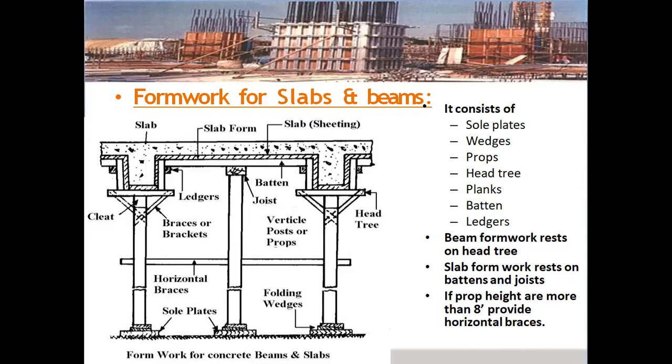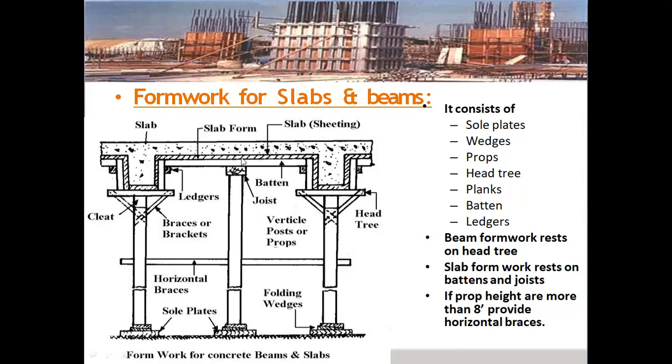The slab formwork rests on battens and joists. If prop height is more than 8, provide horizontal braces. Here, this is the slab we are going to pour, and these are the slab sheetings,